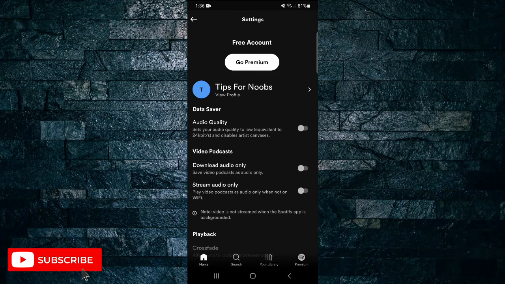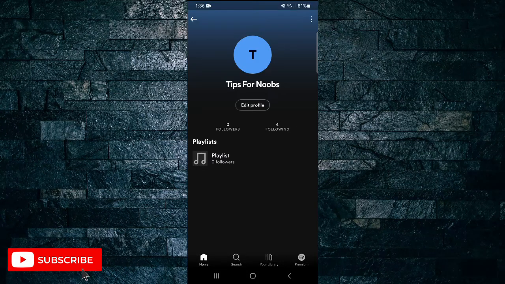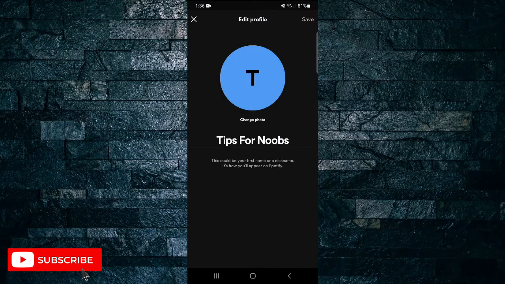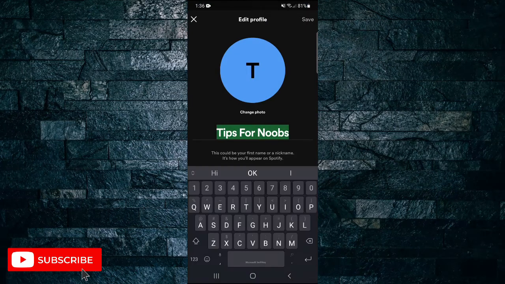Next, you can see I've got my username right there in the middle of the screen, Tips for Noobs. So I'm just going to tap on that button, and then it's going to take me to this next page where in the middle I can tap on Edit Profile. So I'm just going to tap on Edit Profile, and here you can see I now have the option to